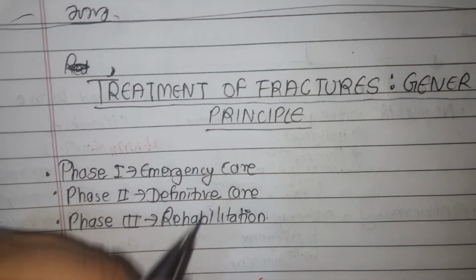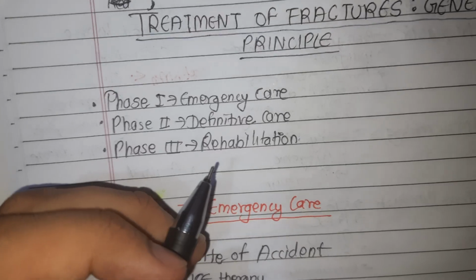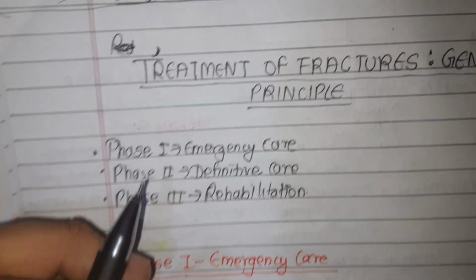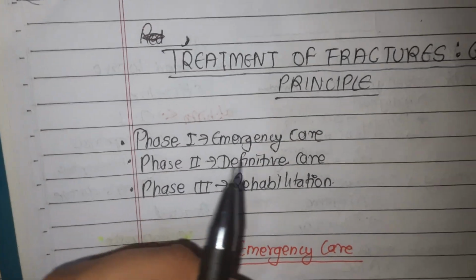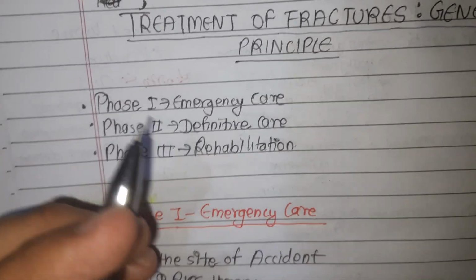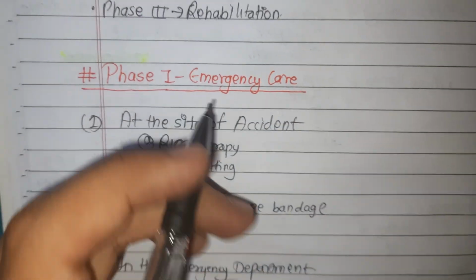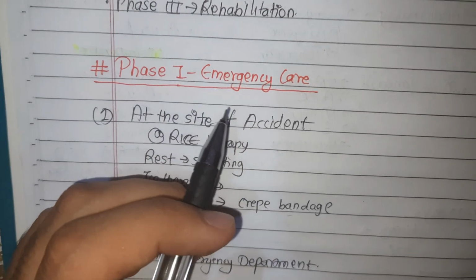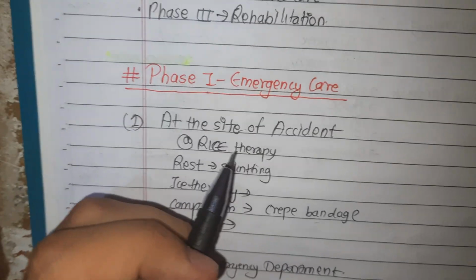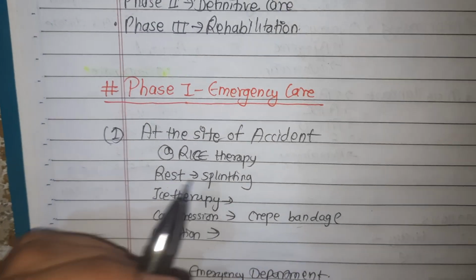The treatment of fracture can be considered in three phases. Phase one is emergency care, phase two is definitive care, and phase three is rehabilitation. The first phase is emergency care, and the emergency care of fracture begins at the site of accident. In principle, it consists of RICE therapy,